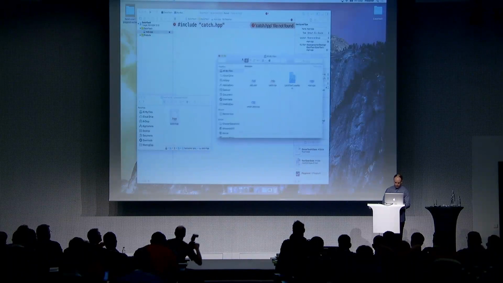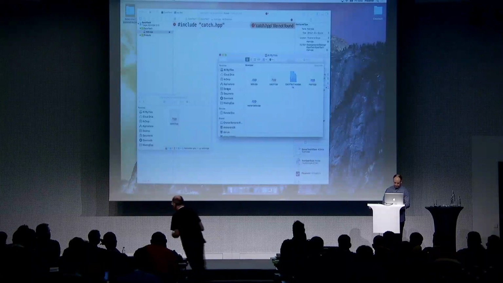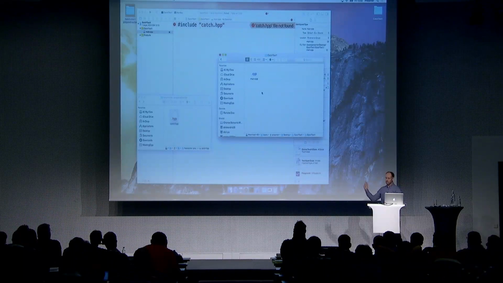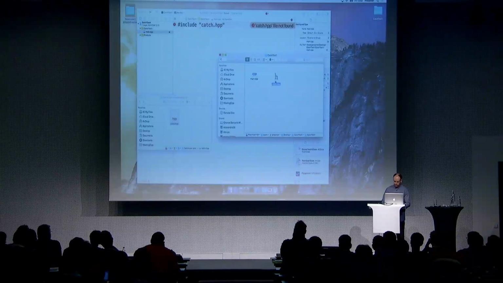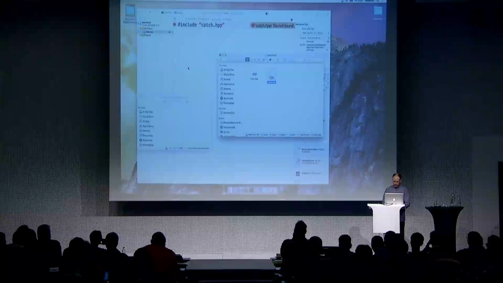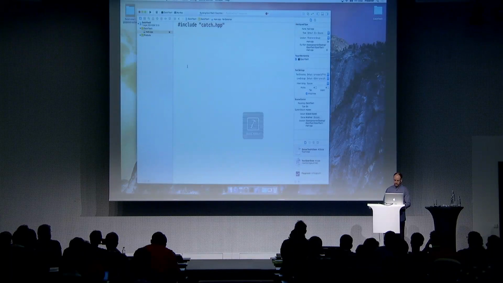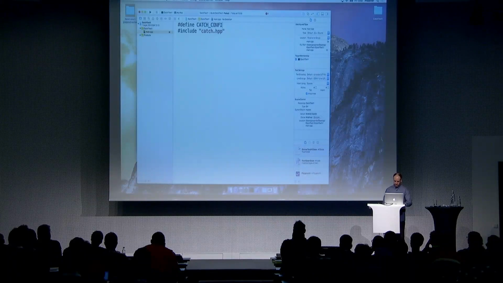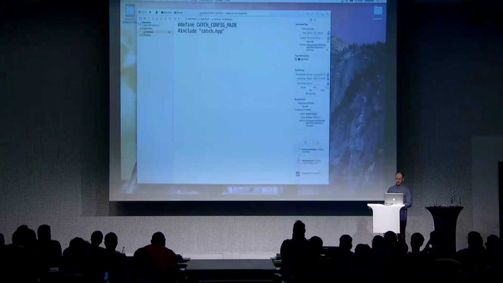So let's put that into our project folder. I'm going to put it just directly in with the other source files. Obviously, you can put it somewhere more central and shared if you prefer. This is just a simple way of doing it. That should now compile, but doesn't link because we don't have a main function. That's why I had to include that extra slide in. So if you remember, we just do catch config main, and now we have a complete running application,